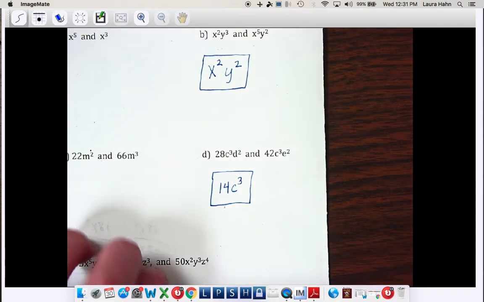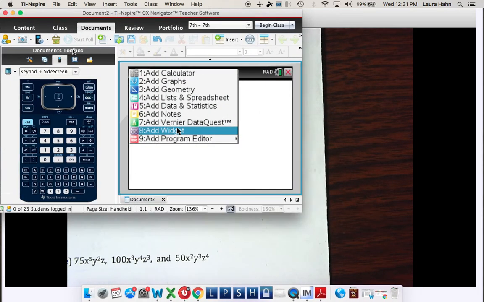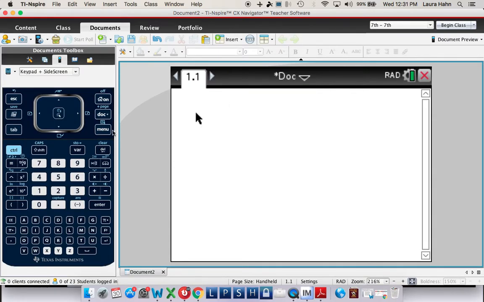Okay, let me show you the trick in the calculator. I know you don't have the calculator at home, so you're going to have to use your brain at home on A and C. But at school, if you would like to use your calculator, I'm going to show you the trick. If you go on a calculator page and you're trying to find the greatest common factor between 28 and 42, which is what we just did,